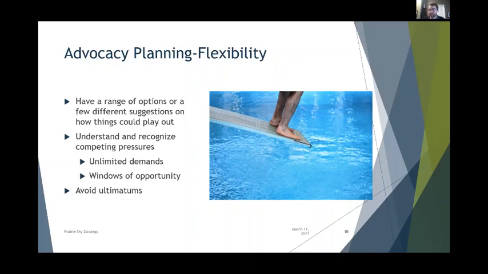I don't say the hot, medium, cold, but it doesn't have to be 30. If you come in with a black and white decision, this is what we're looking for, you're not leaving much room for government to have flexibility. Just as you probably don't want to be approached with an either-or ultimatum, keep that in mind when you're talking to government and decision makers. Have a few options, ranges, ways this could play out.